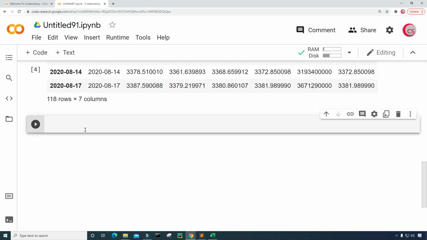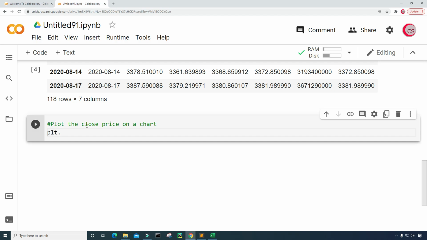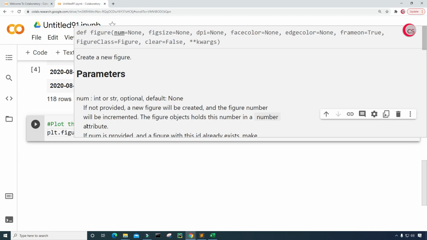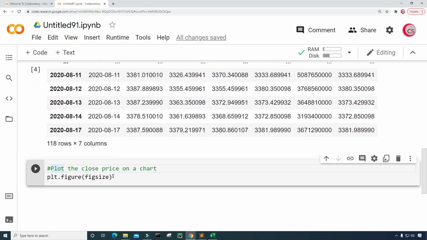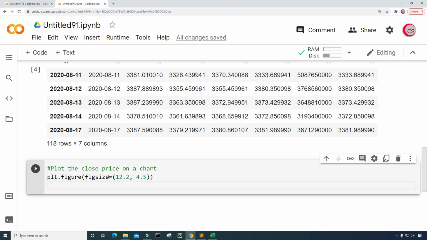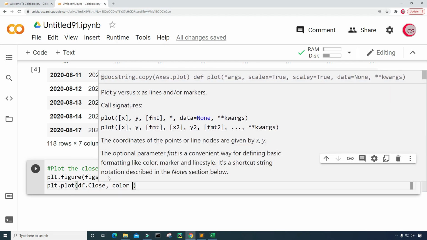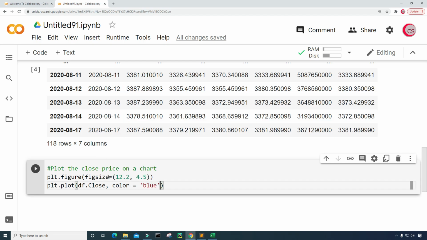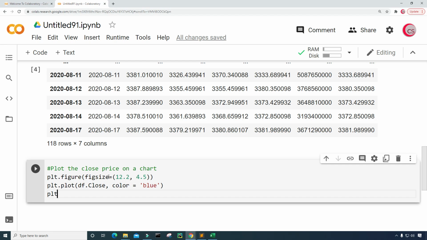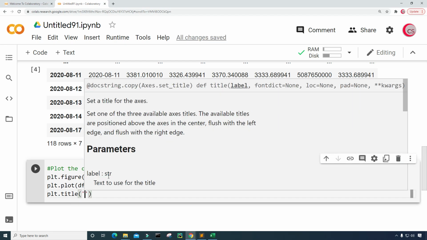So let's create a new cell, and now in this cell I want to plot the close price on a chart. So just type plt.figure. I like to give the figure a figure size, so I'm going to set figsize equal to 12.2 by 4.5, and then I'm going to tell it to plot the close price, so that's df['Close'], and then I'm going to give it a color. I'm going to make the color blue just so it can stand out a little bit. All right, and then I'm going to give the plot a title, so I'm going to type plt.title, and I'm going to call it